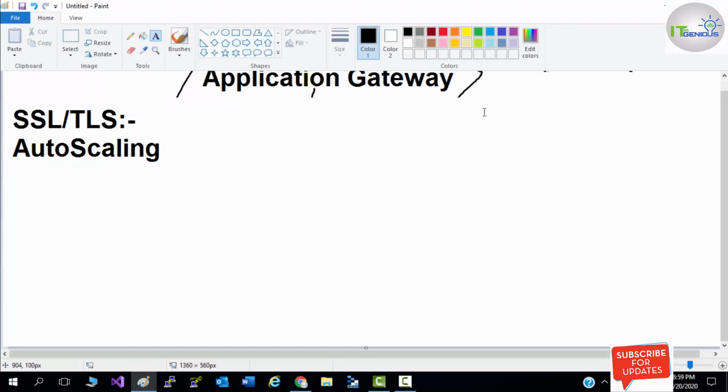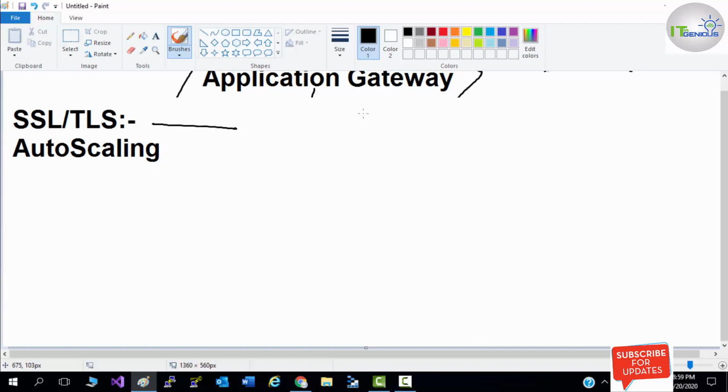Now on your application gateway you can choose how to handle the connections, the requests which are coming. You may need end-to-end encryption, or you may want encryption only up to your application gateway, and for the request forwarded from your application gateway to the backend there should be no encryption, that means an unencrypted connection.